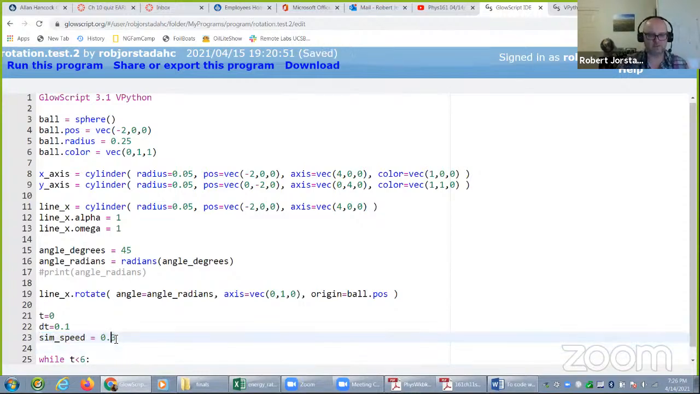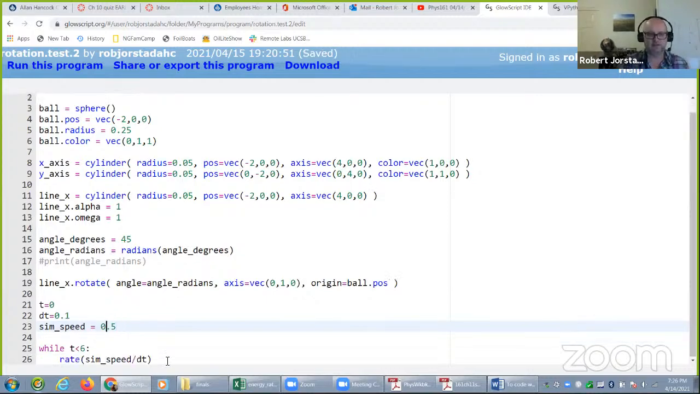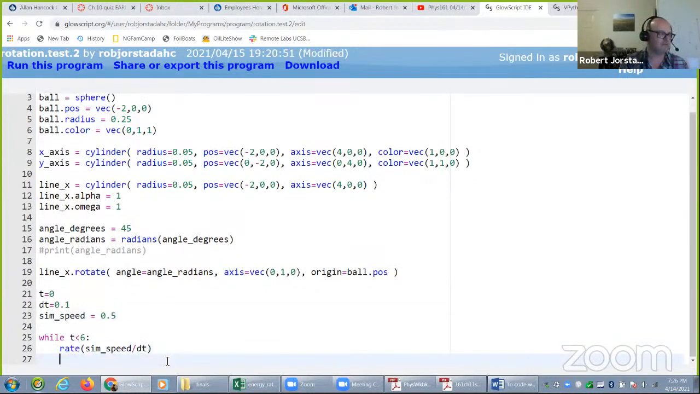And let's just go half speed. All right. Now, right now, it's not going to do anything. So we need to tell it to do something. You want to rotate the rod. Now, I want to point out,